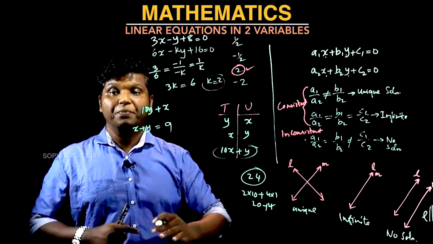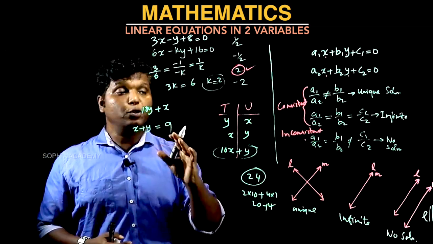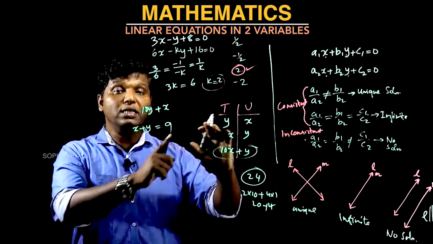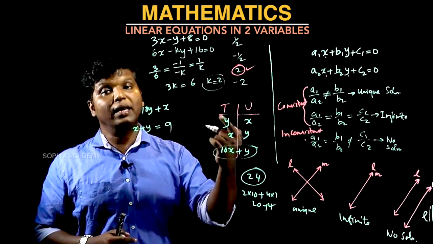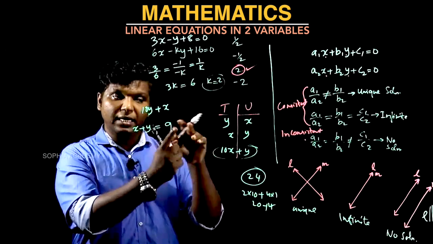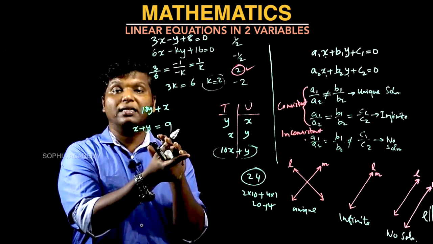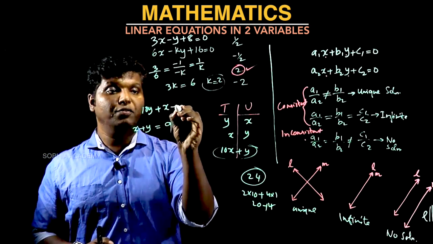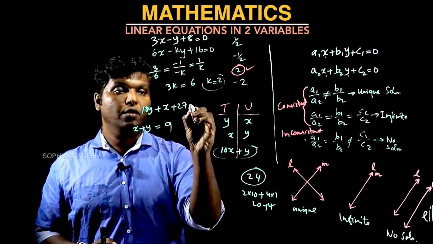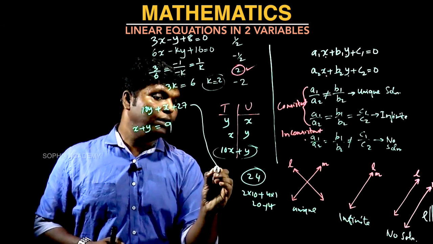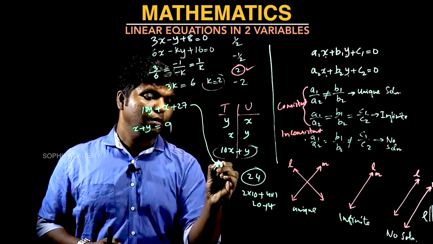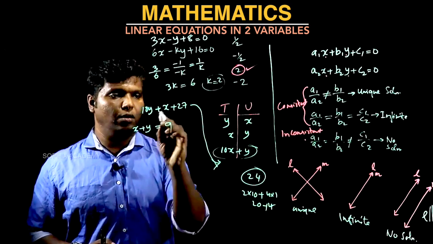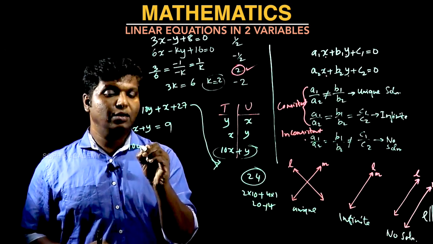And what is the second thing given? It is given that if 27 is added to the original number, you will get the number in which the digits are reversed. So this is the old number, right? If you are adding 27 to this one, what will you get? You are going to get this number. So let me bring it all together here. That means 10y